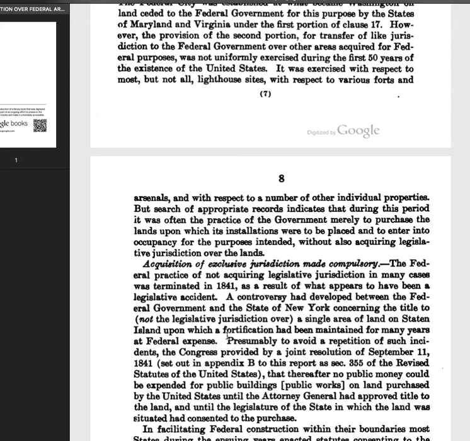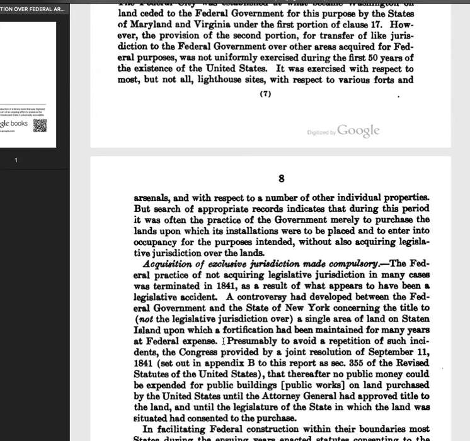So this has been a process that's happened over time. The federal practice of not acquiring legislative jurisdiction in many cases was terminated in 1841 as a result of what appears to have been a legislative accident. A controversy had developed between the federal government and the state of New York concerning the title to, not the legislative jurisdiction over, a single area of land on Staten Island upon which a fortification had been maintained for many